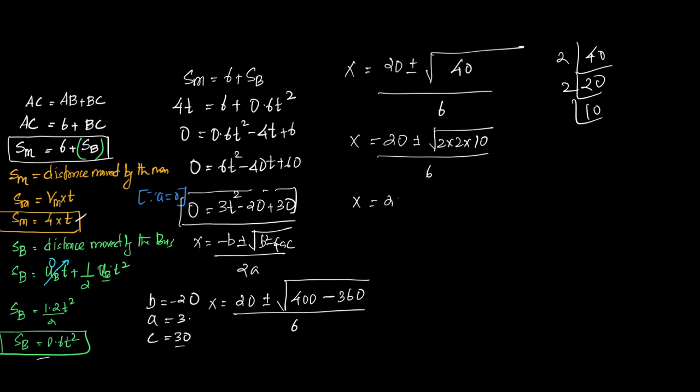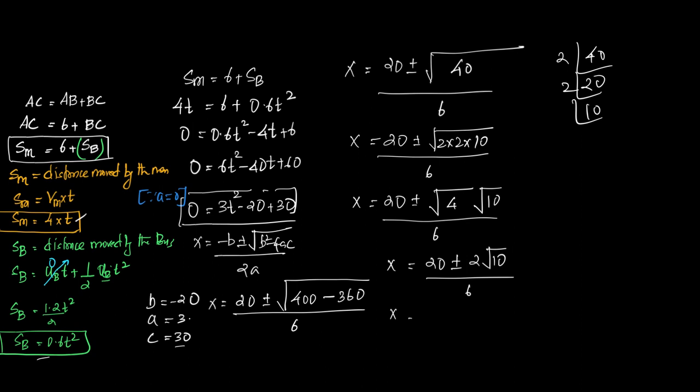So x is equal to 20 plus or minus root of 4 into root of 10, right? Whole upon 6. So x is equal to 20 plus or minus 2 root 10 by 6. If you divide the whole expression by 2, 20 by 2 is 10, plus or minus 2 by 2 is 1 into root 10 by 6. Okay, now